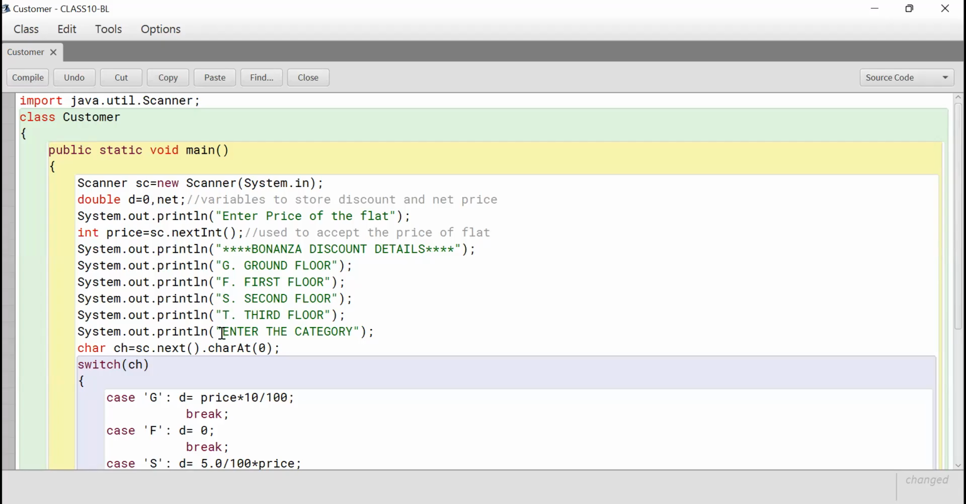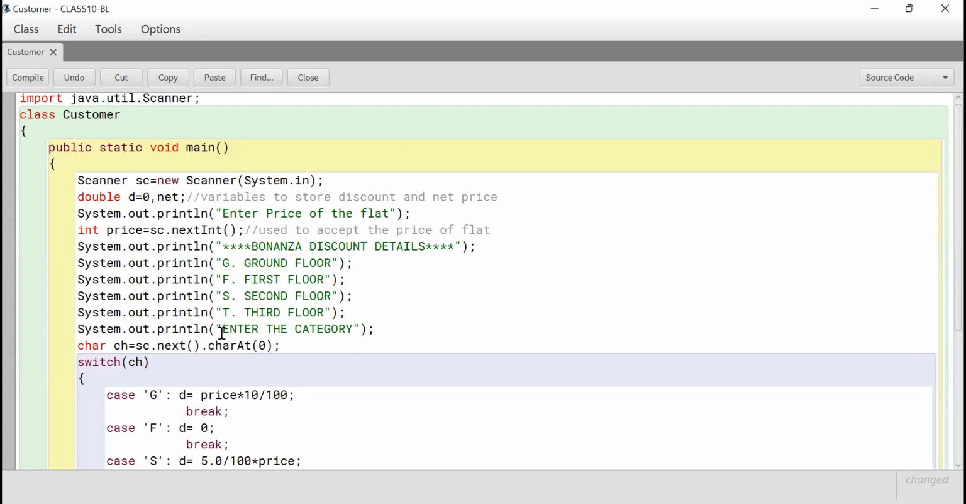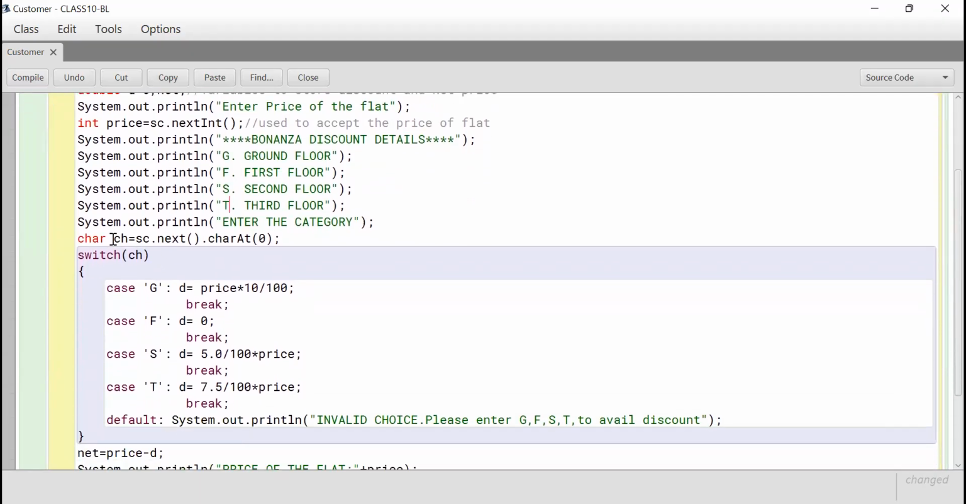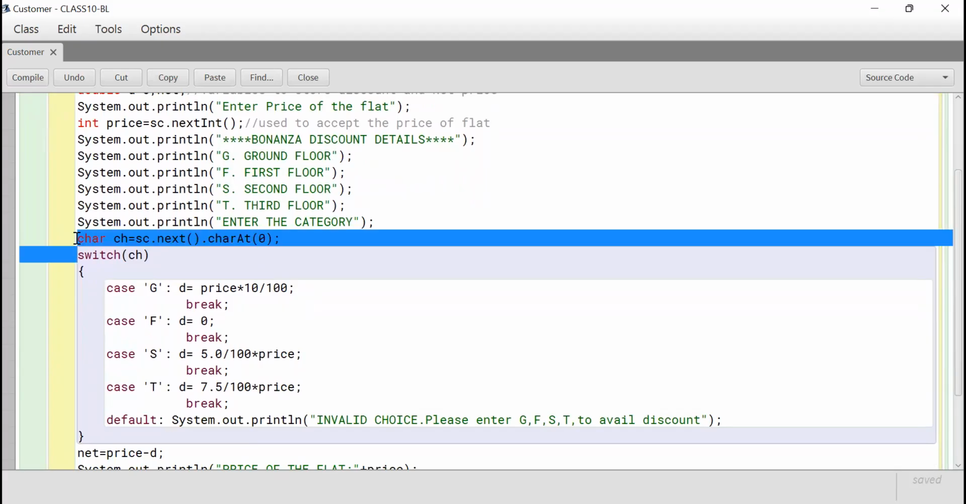And then you ask the user to enter the category. So these are all display statements. Now you will ask the user to enter the character, that is G, F, S or T. The user will enter one of those characters. And the method used for accepting a character is